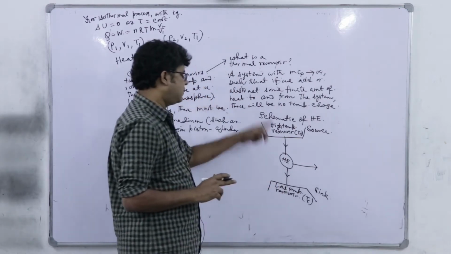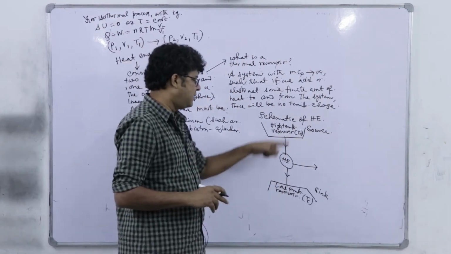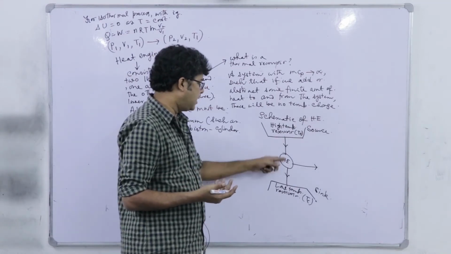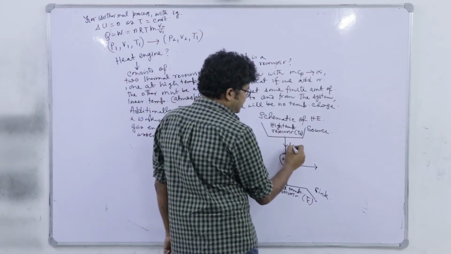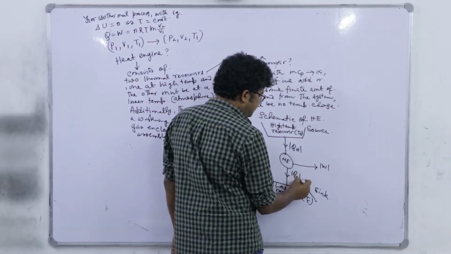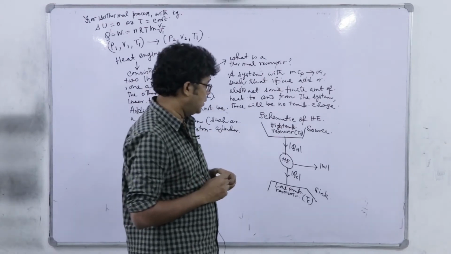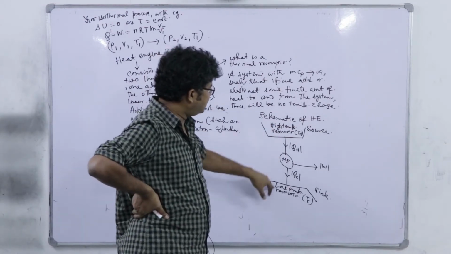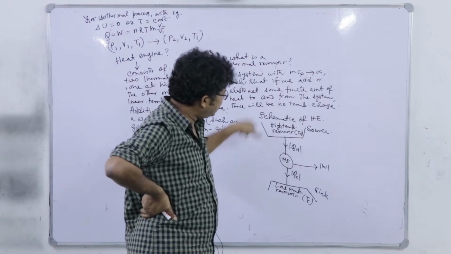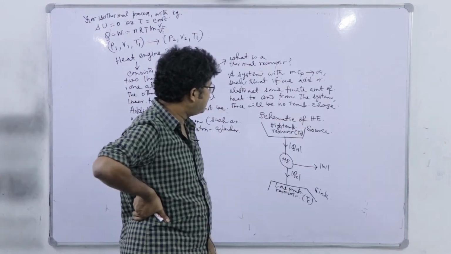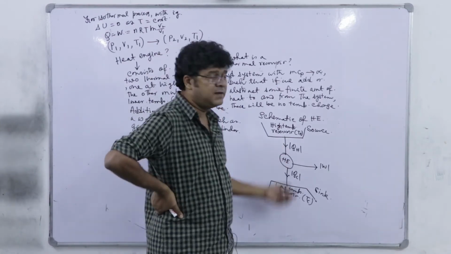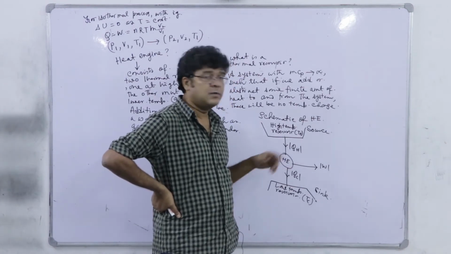So, this is simply the schematic, and if I write the respective terms like heat input, work output and heat rejection, it is better to write them with absolute values. Why? Because we do not know which one is our system. There are actually three systems we can fragment: we can think of the overall heat engine as a system, but we can also take the high temperature reservoir, the source, as our system. In that case QH is negative, but if I think of it in terms of the heat engine, this QH is positive.